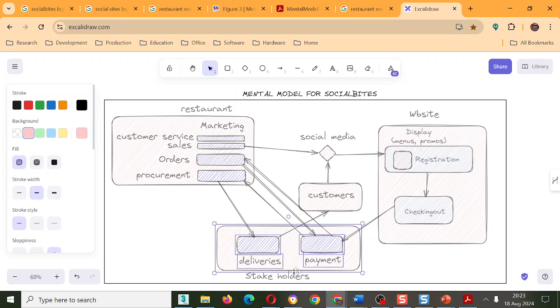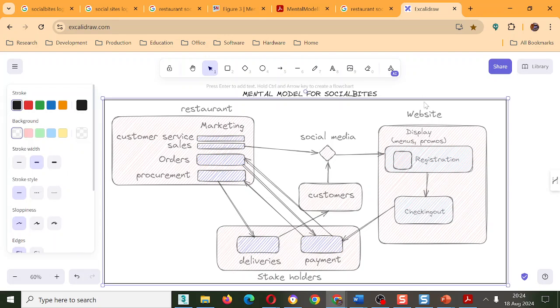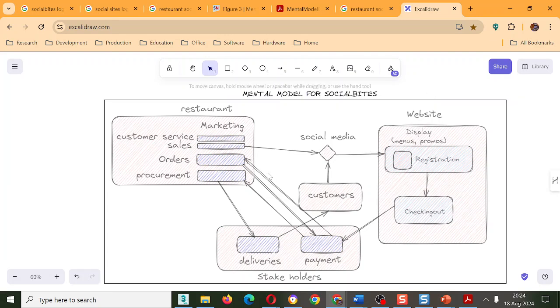I think this way you end up with something that is driven, and this now lends itself to a scenario diagram because from here we can now draw a scenario diagram. I can shift gear and say that I need scenarios for different activities. For example, if I was to look at the activities here, there's a sales activity. That's scenario one, where we evoke marketing to customers through social media. There's a registration component, display component.